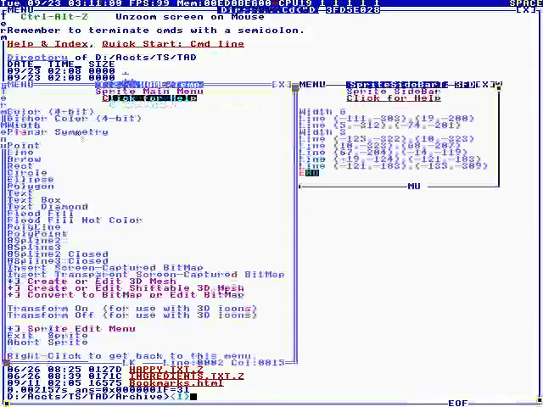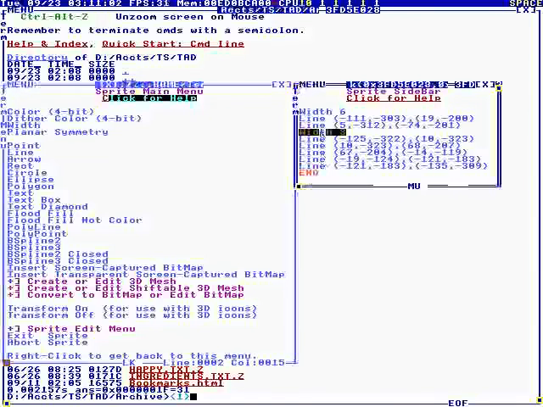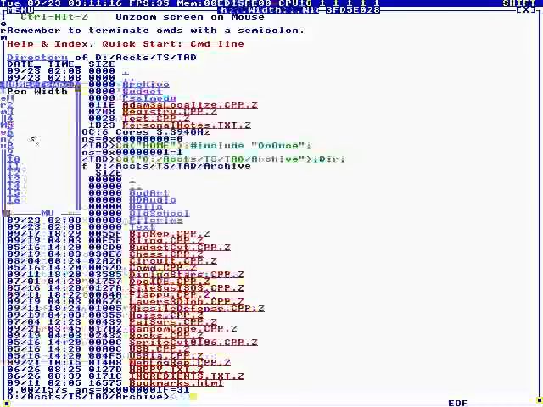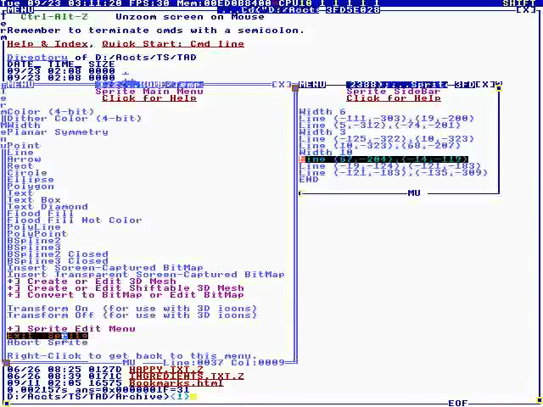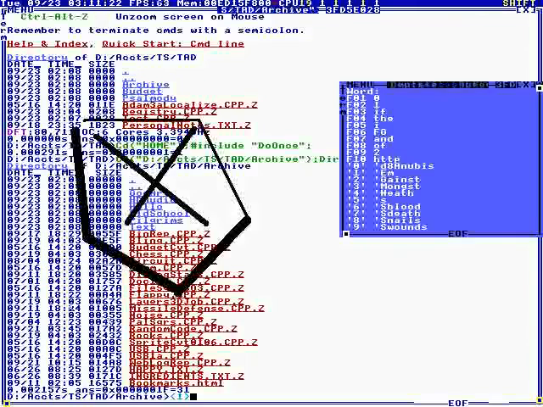Okay, anyway, so that's that. So we can do a width in the middle, and then it'll set the, remember, it set that current element. Okay, so